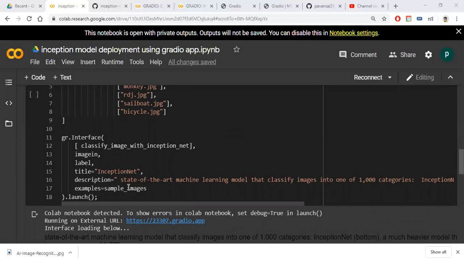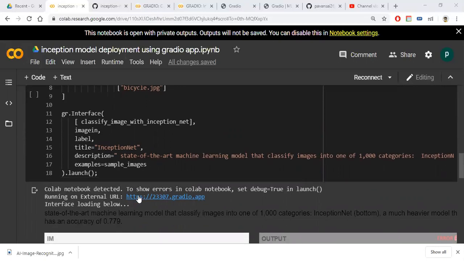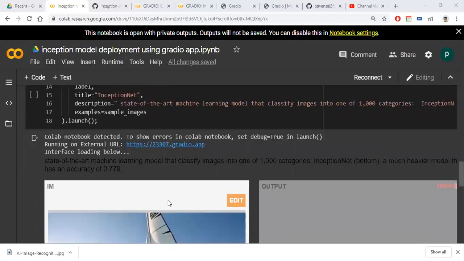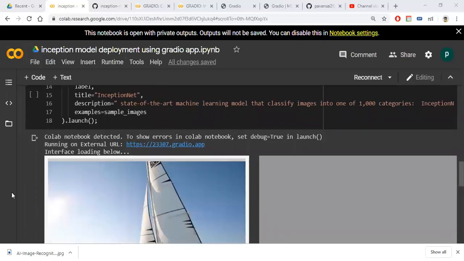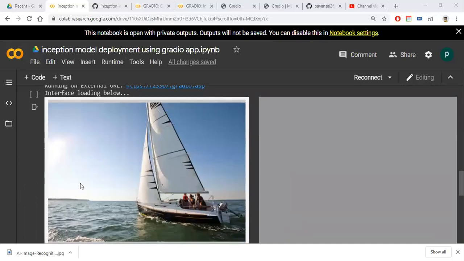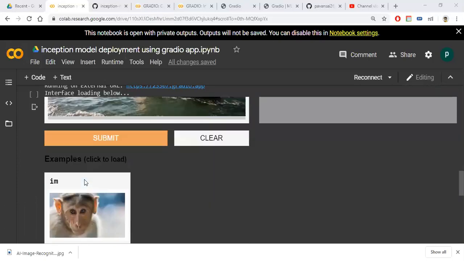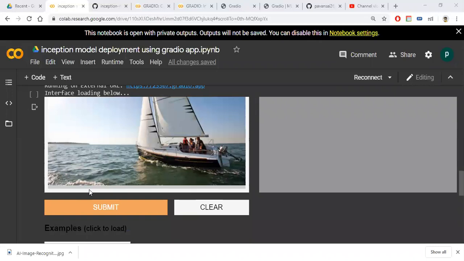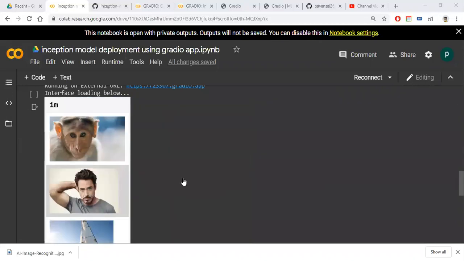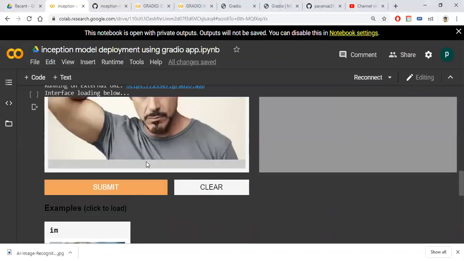Then if you run this code snippet, one URL will open, or you can open this URL, or the UI will come inline only. See, this will be like that.